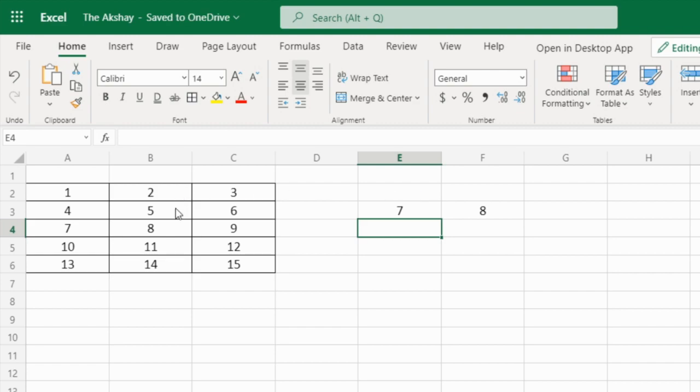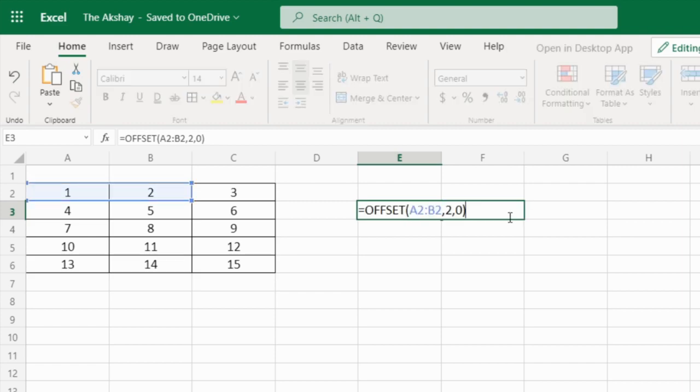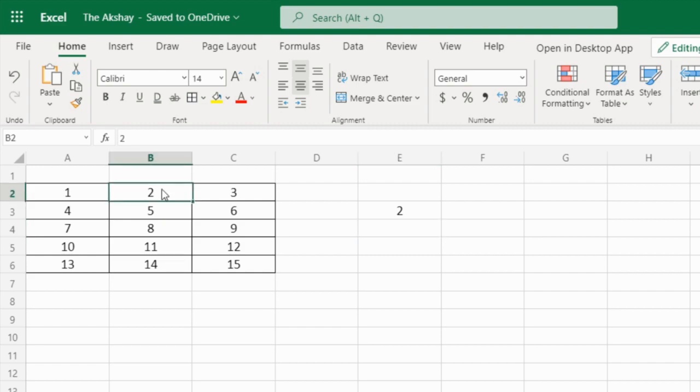What if you are here in this cell and you want the cell above or you want the cell before? What if you want that? In that case, let's change our cell reference to this cell, then comma. So we want this cell, right? So we will do 1 row and 0 column, because column is the same. You just need to add a minus sign before 1. So minus 1. Go 1 up.